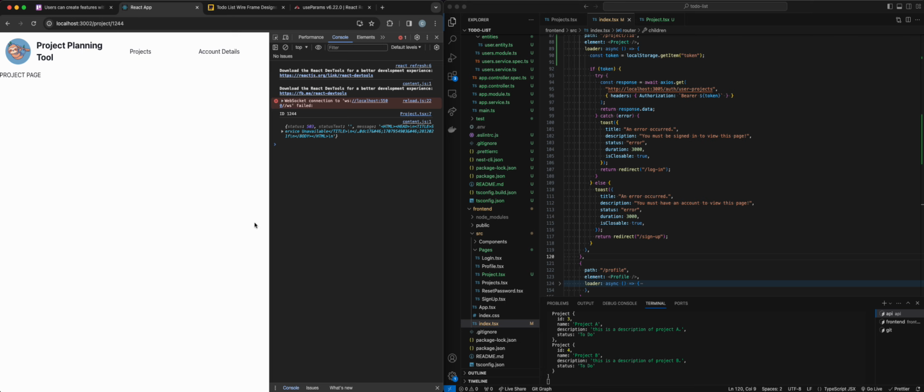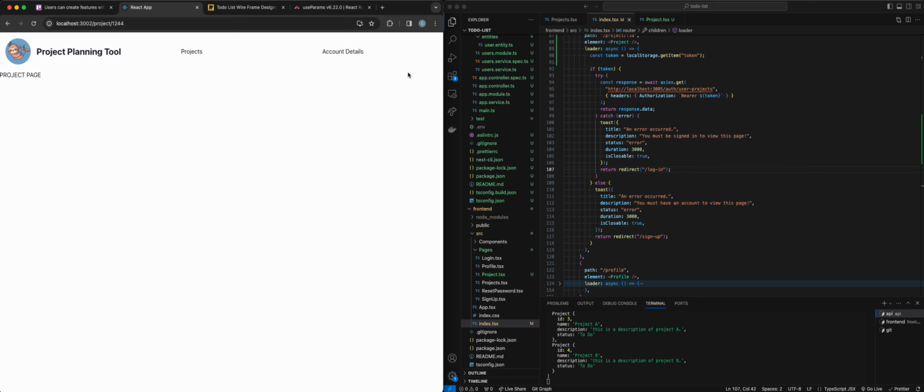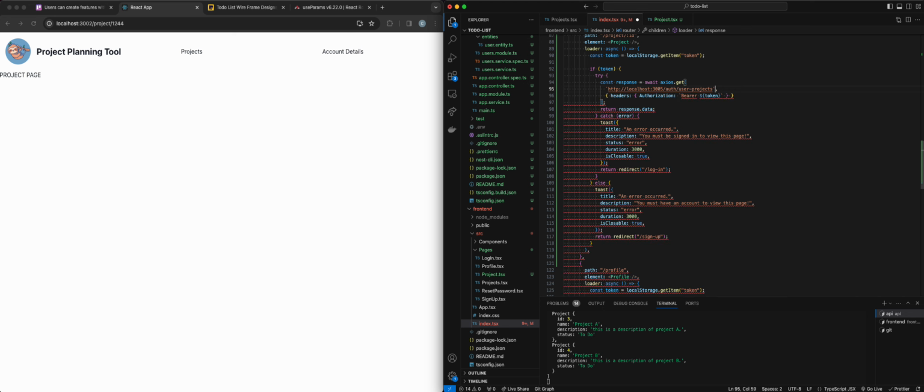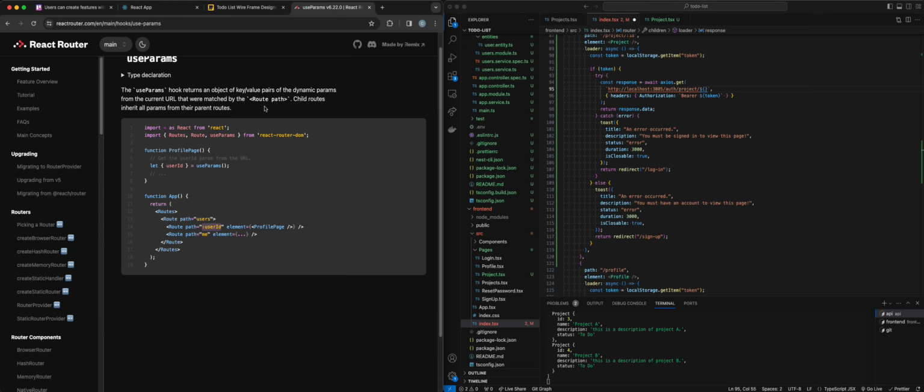Okay, and the idea is that the loader function would go and get that ID. But we're going to need to create that route on the back end. So what we're going to do is change this here so we can add a variable. I think I'm going to call this /project/ and then I'm going to do ID. Let's go ahead and see how we use it within